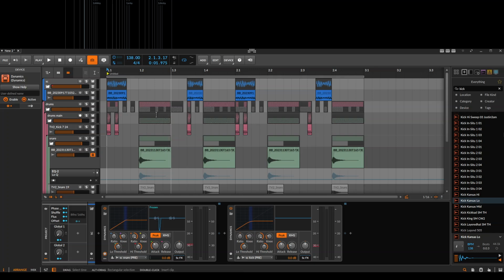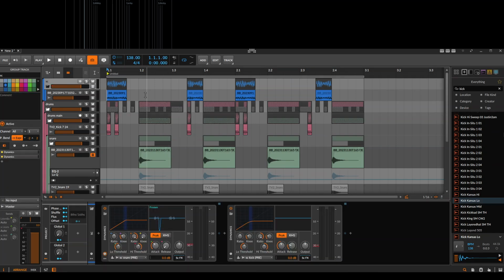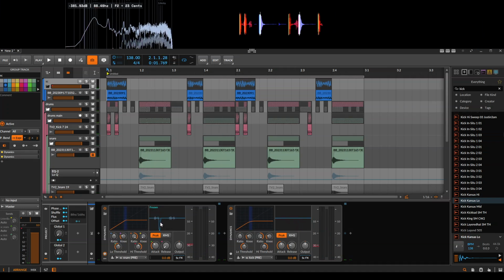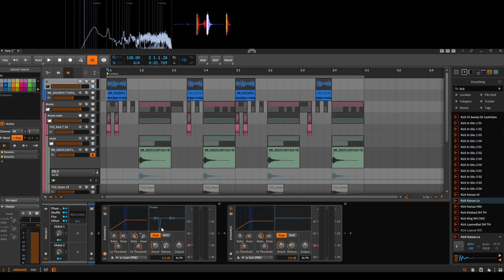Okay, second video on sidechaining. This time I want to clean this up a bit more. As you can see, this envelope from the snare isn't quite straight down. So Bitwig has this really nice feature with sidechain effects, with which you can specifically process only the signal that